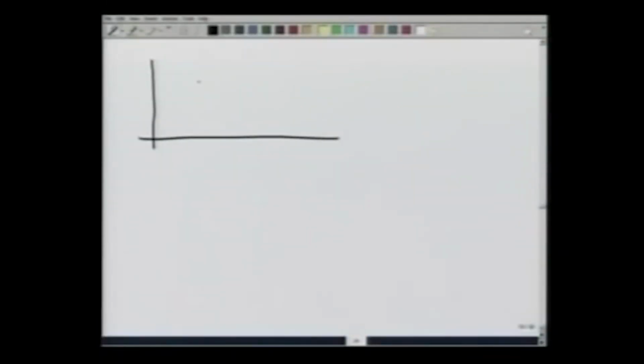As an important observation about centroids, let us now take an area which is made up of 2 or 3 simple plane areas, let us say a square, a triangle and a semicircular planar area. So, there is one kind of area, here is another kind of area and here is the third kind of area, but all of them are joined together. Then it is very simple to prove that if I want to calculate the centroid of this whole system, then